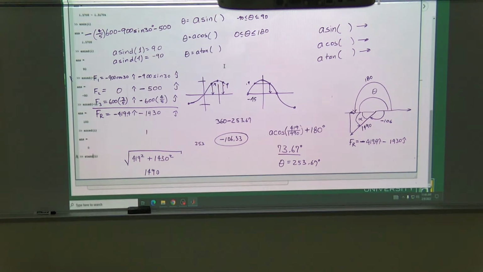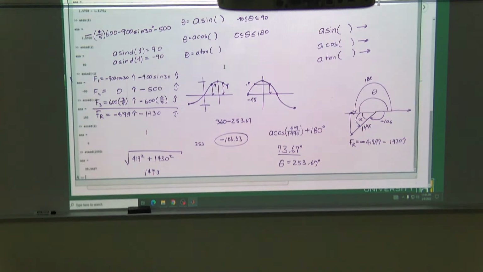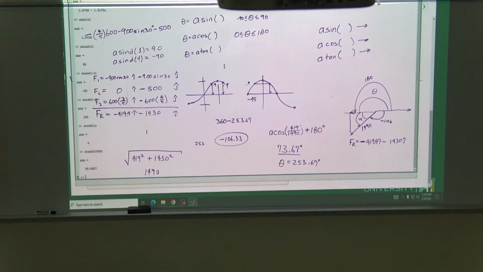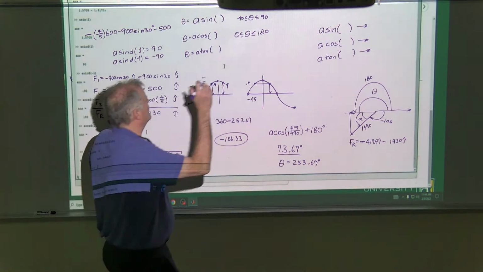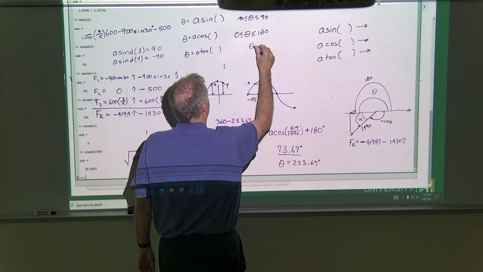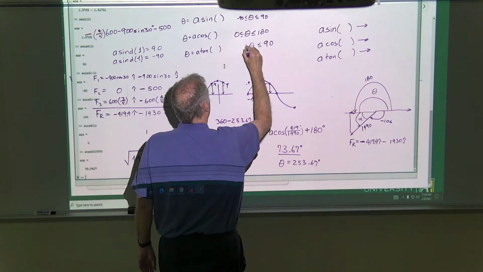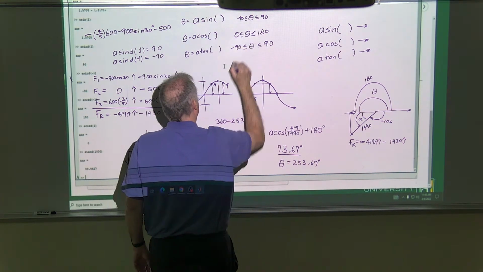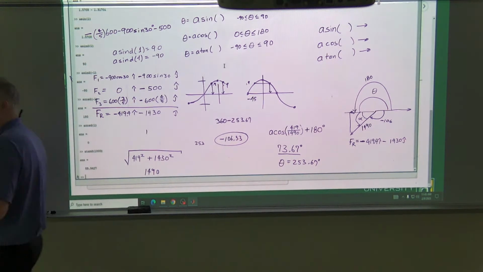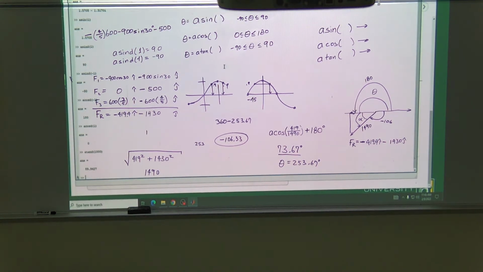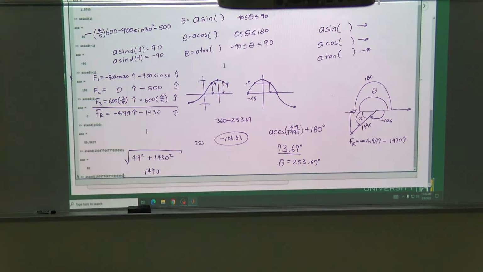Let's put in 1,000. Comes up with 89. So let's see. 90. And it should be minus 90. Now remember what tangent looks like. Does anybody know what that looks like? Lots of digits. Go in here and put in lots of negative digits. Minus 90. So if you look at the tangent